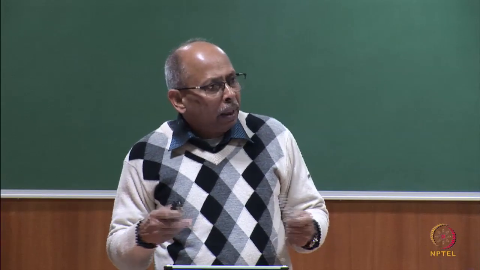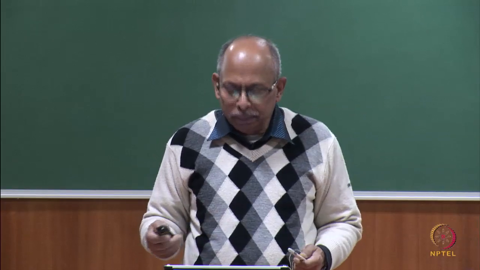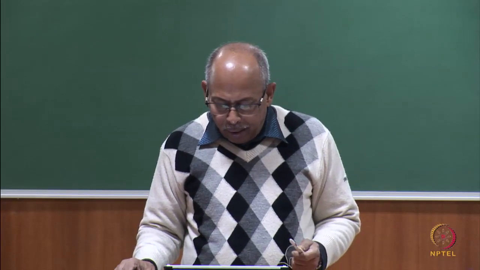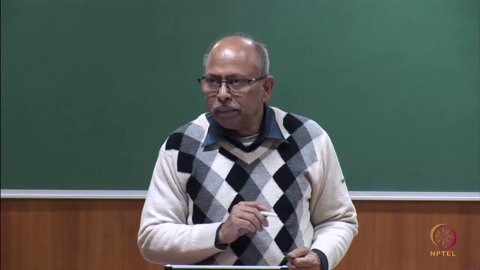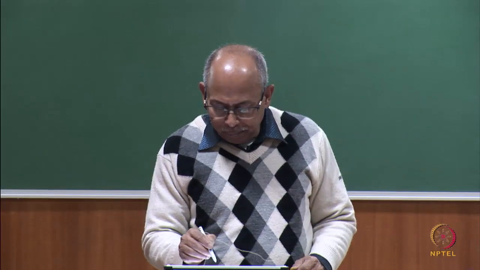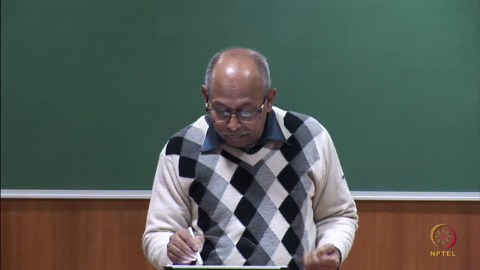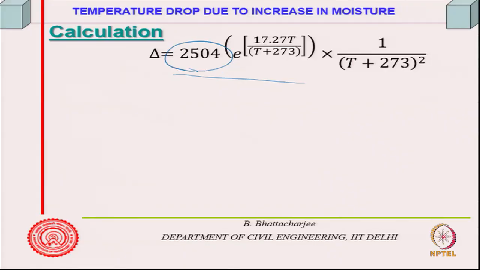So, we can now look at the procedure of calculation. Now, delta can be obtained from this sort of a formula. You know this sort of a formula. This is of course the latent heat of evaporation. This is an empirical formula. That is why you find this kind of thing. So, delta you can find out from this, and gamma you can find out from another equation which is